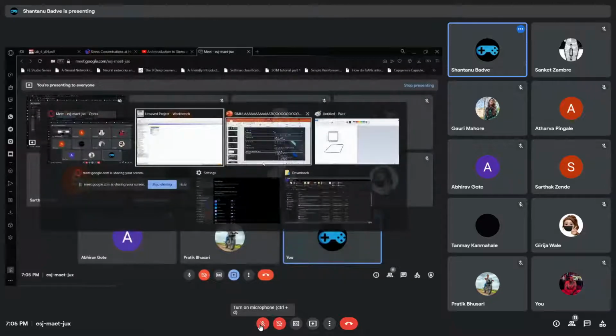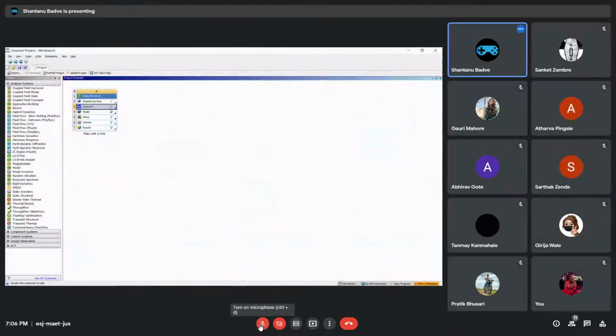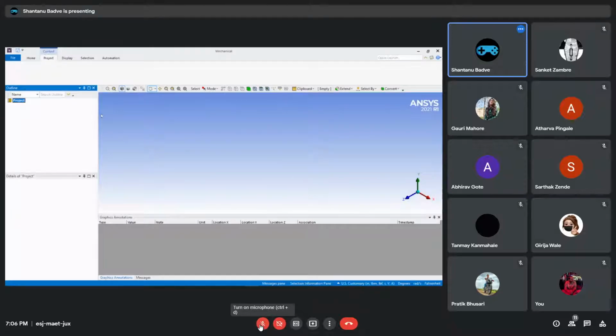And now we can see that there is this geometry over here. It has a green check mark in front of it, which is good because now ANSYS knows what kind of thing we are trying to work with. Second thing is model. Model is the place where we are going to mesh. All right. Now we'll just click on edit and it will open up ANSYS Mechanical. All right. So we'll just wait until ANSYS Mechanical opens up. Yeah, and now it is opened up.